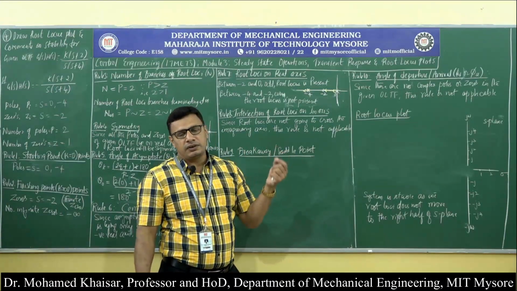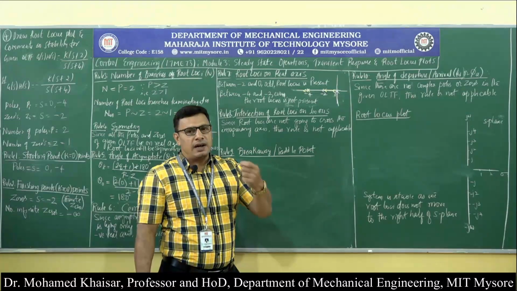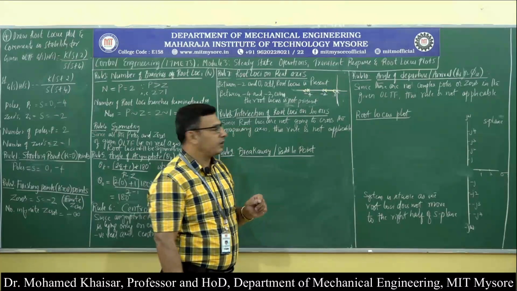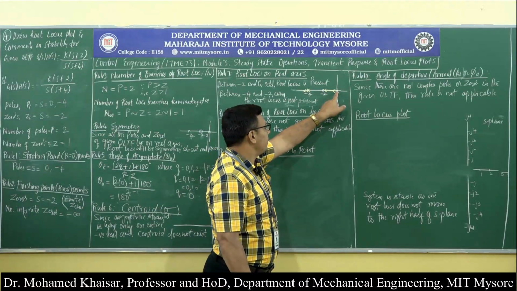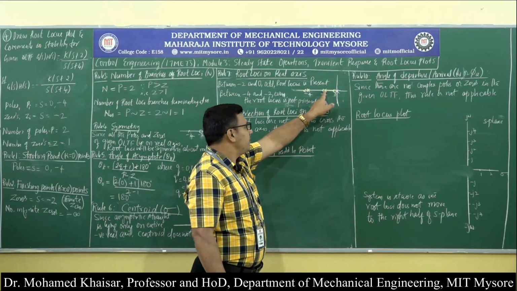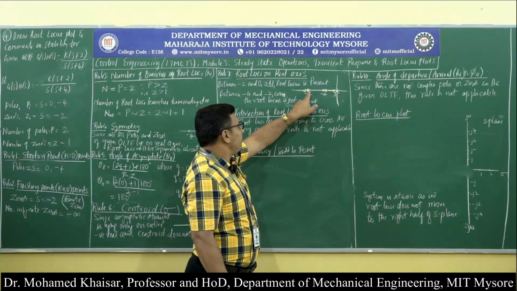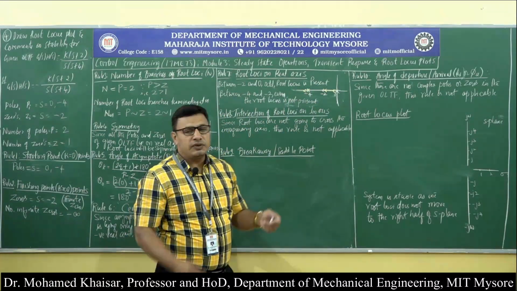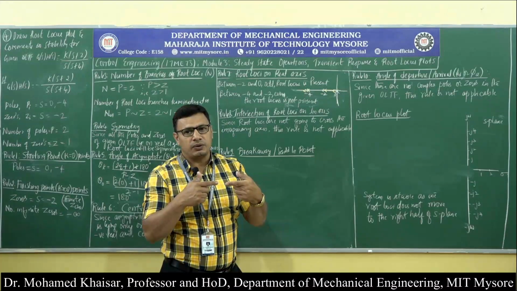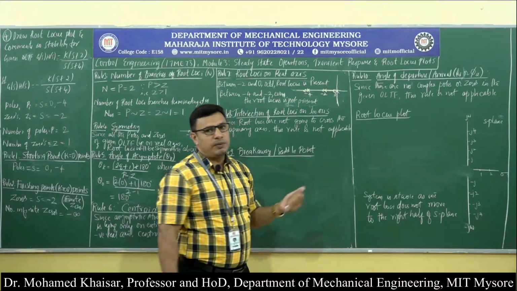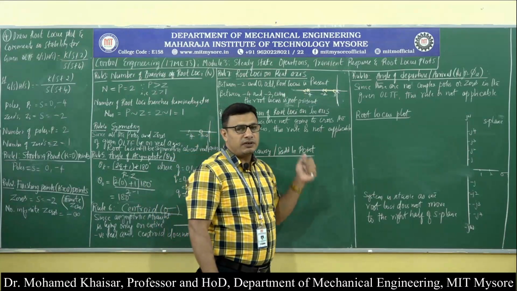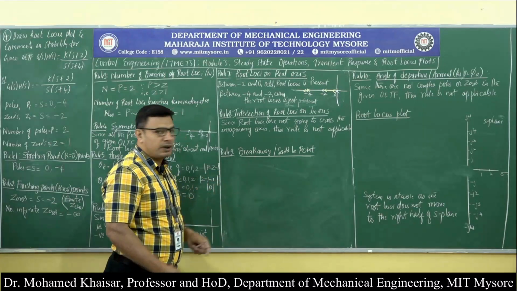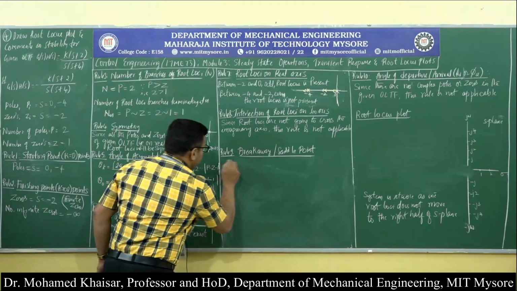From somewhere the branches of root loci need to come and meet at the saddle point and then move towards both the zeros. Both these situations are not existing over here, because from here the root locus has terminated at minus 2, which is a zero. Then from minus 4 the branch of root loci has started and it is moving till infinity. That means there is neither a collision of the branches of root loci, nor a meeting point or saddling of the branches, because of which rule number 9, that is breakaway point or saddle point, is not going to exist.